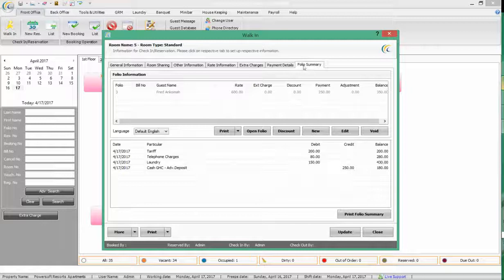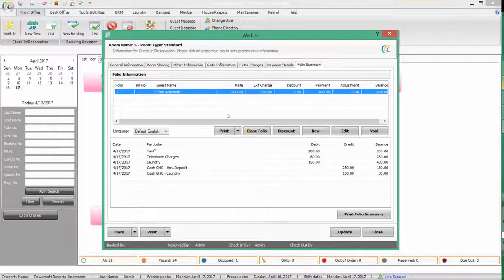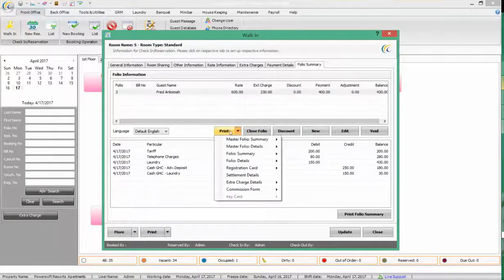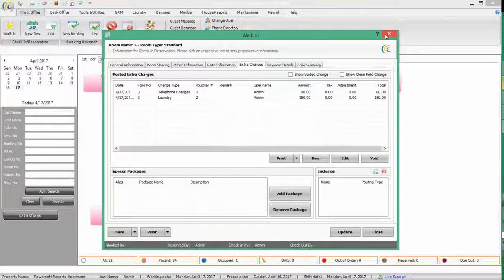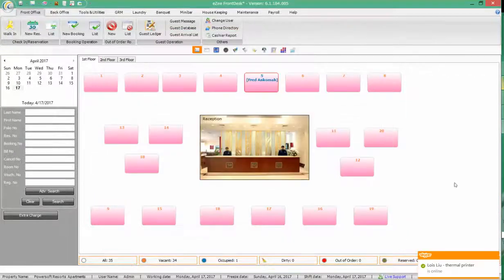And then we have the option to also split folio. Okay, we have the option to split folio. Let's say a guest says that he wants to separate his accommodation charges from his extra charges, it can be managed. Apart from this, let's say the guest also goes to the restaurant to dine, or he requests room service. Then in this case,